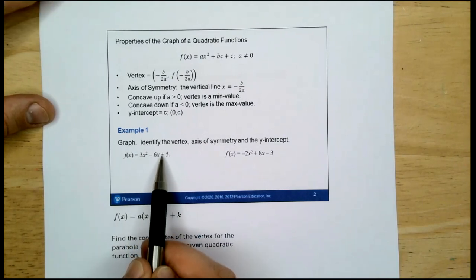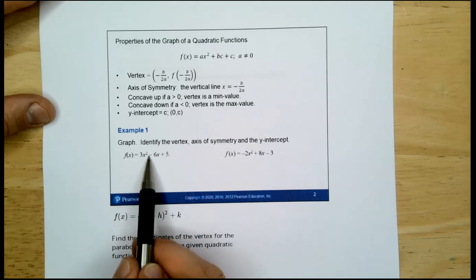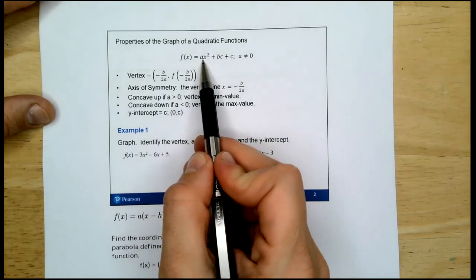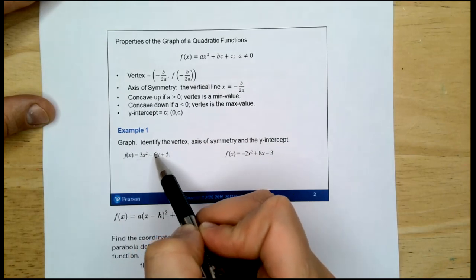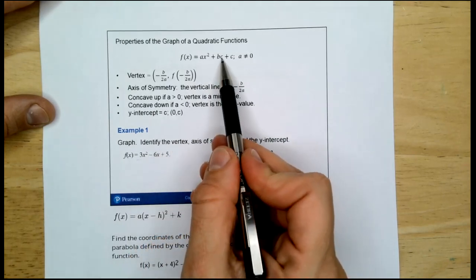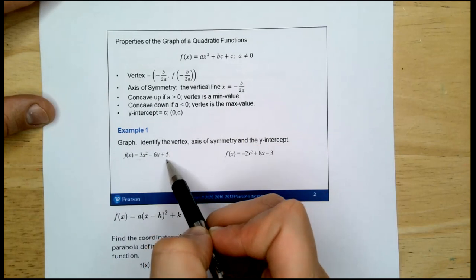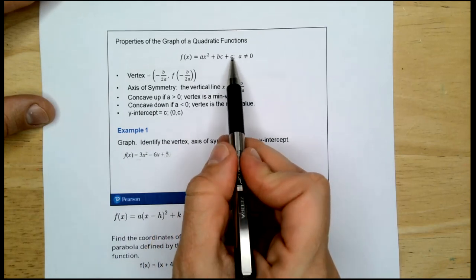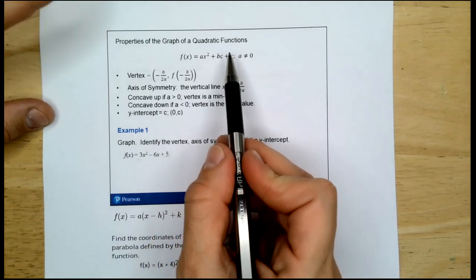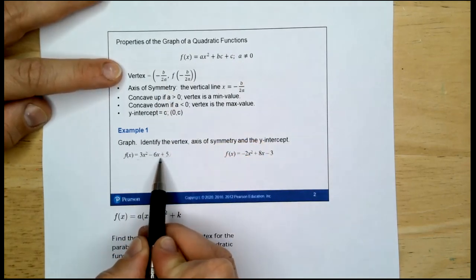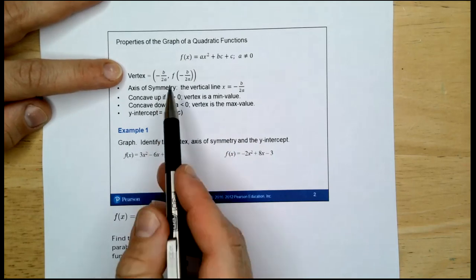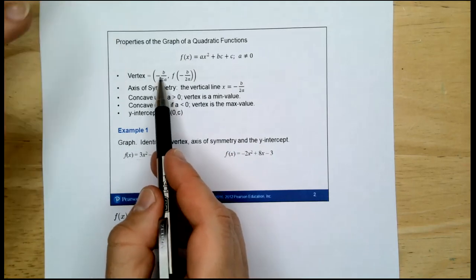So your 3 terms are 3x squared, so your a is now 3. Negative 6x is your next term, so your b is now -6, and then plus 5 as your constant, so my c is 5. All right? Then you take that b value, divide it by 2 times your a value, and make it negative, and that's how you find